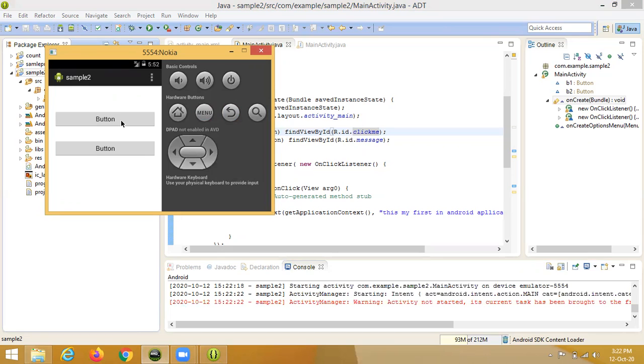When we click the first button, it gives the message: this is my first Android program.